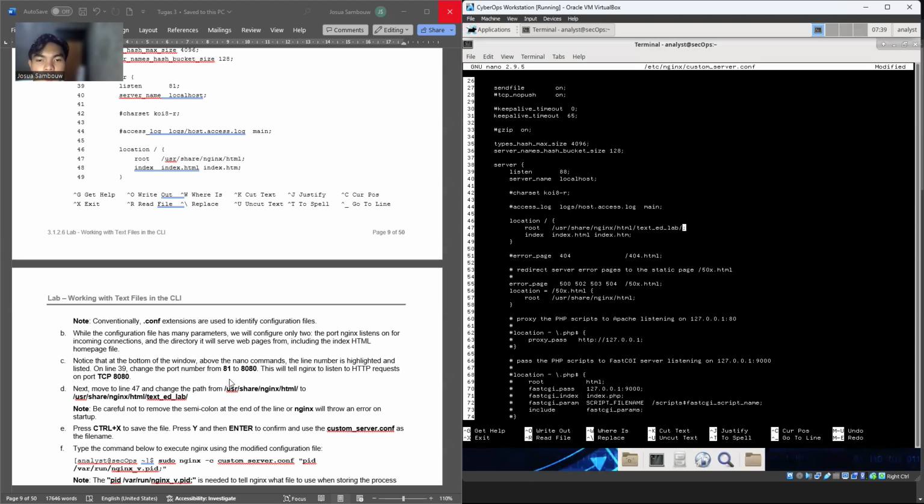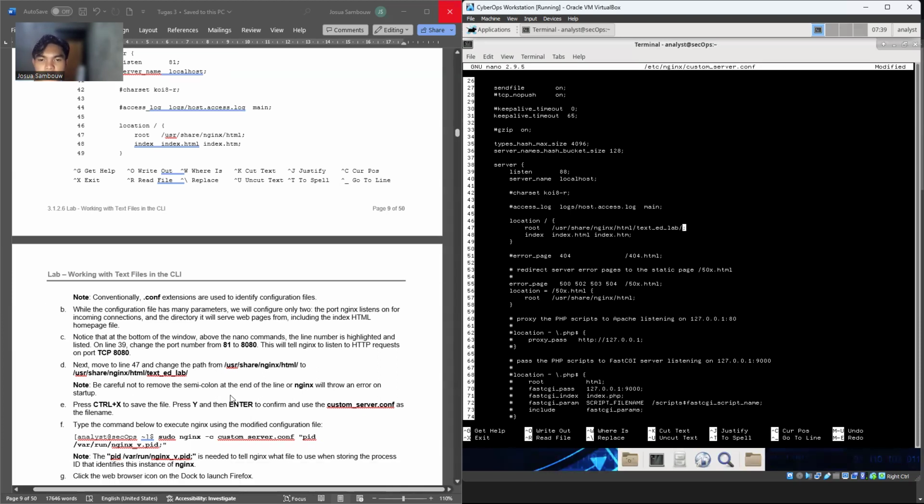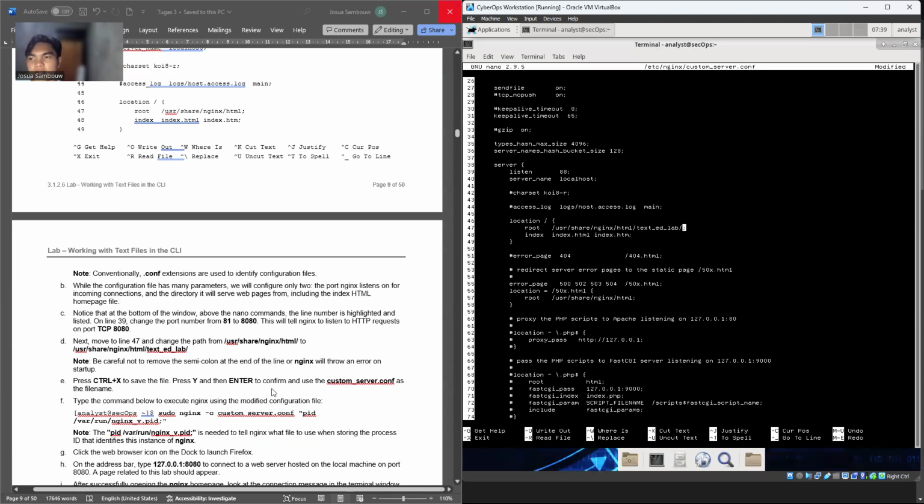Be careful not to remove the semicolon. I have not changed the semicolon at the end.